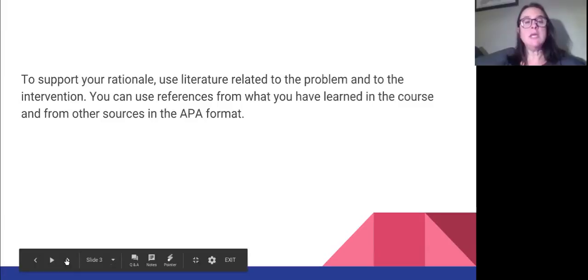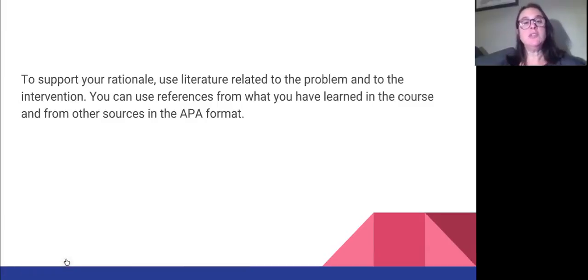You're going to need to have literature. You can use literature that you found during the course. You're going to need to grab some other things as well to say why you're doing what you're doing. And you're going to need to reference everything in APA format. So if you have any questions about how to use APA formatting, you really need to go back and start looking at the resources that I posted for this classroom,